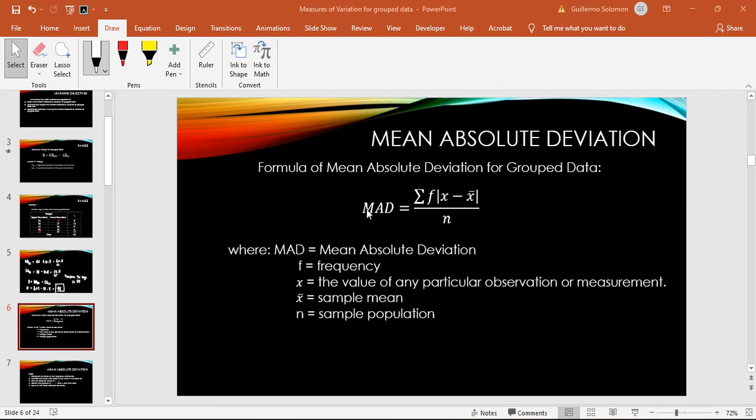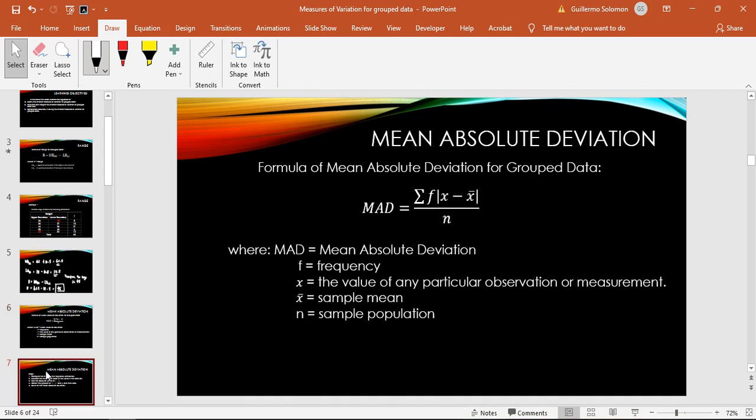So that is MAD is equal to the summation of the product of frequency and the absolute value of the difference of the x and the mean, all over n. So ito yung formula na gagamitin natin. So para mas maintindihan natin on how we calculate the mean absolute deviation for group data, we are going to